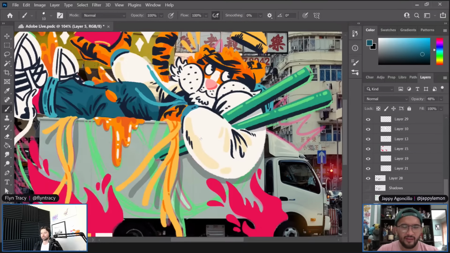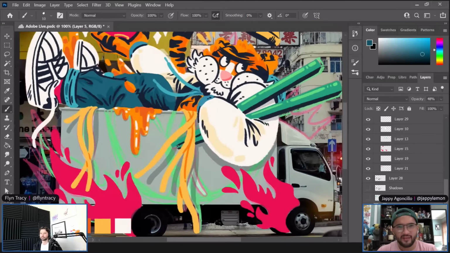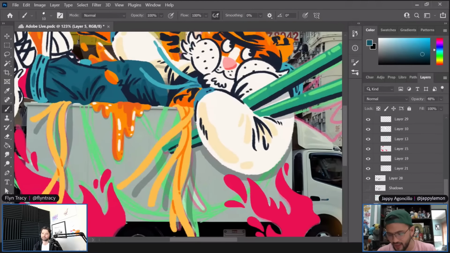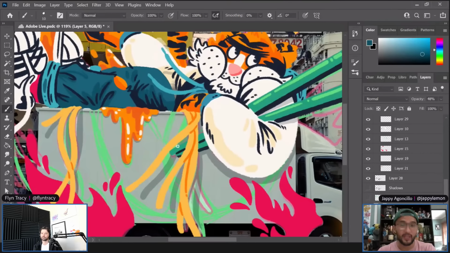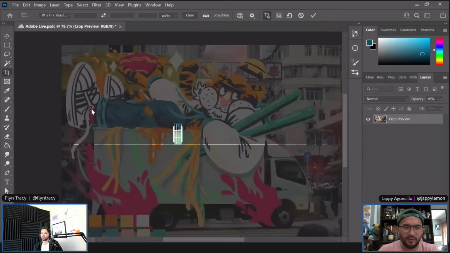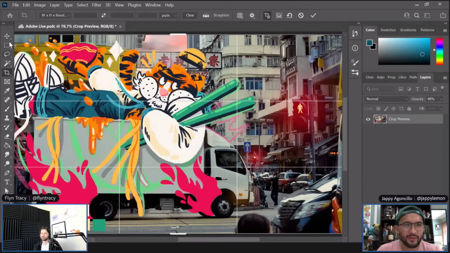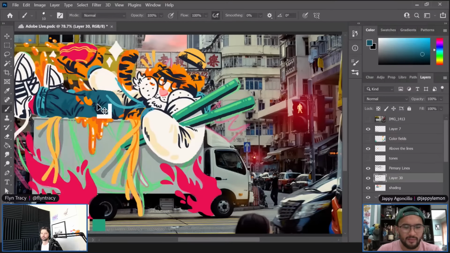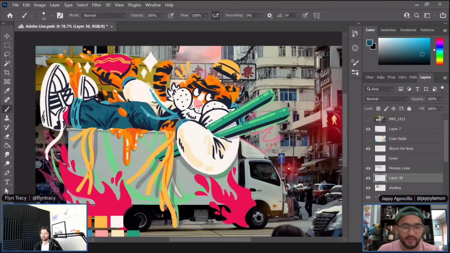You can see here pretty much just a really skeletal sketch of what he would look like if he was inside the truck. So you want it to look realistic the way he's positioned, so people don't question, is he inside the truck or not? How would his back curve like this, which would translate to how his legs would pop out like this. So it all comes out making sense. And that's one of the things I like the most about drawing characters, is making the pieces make sense,